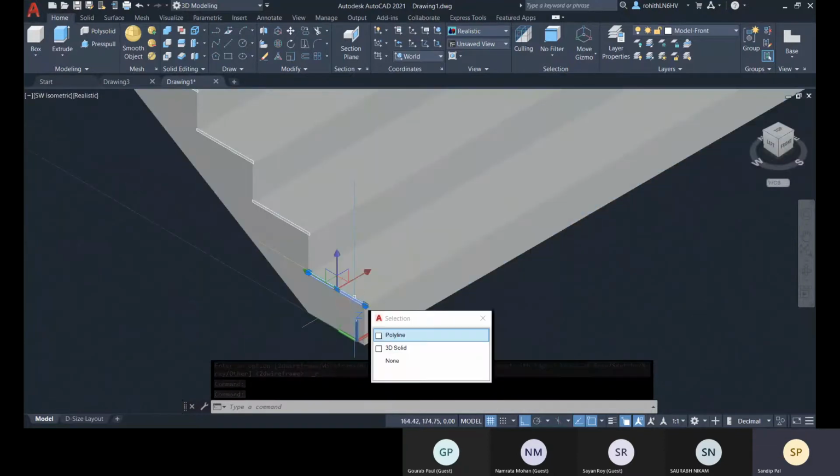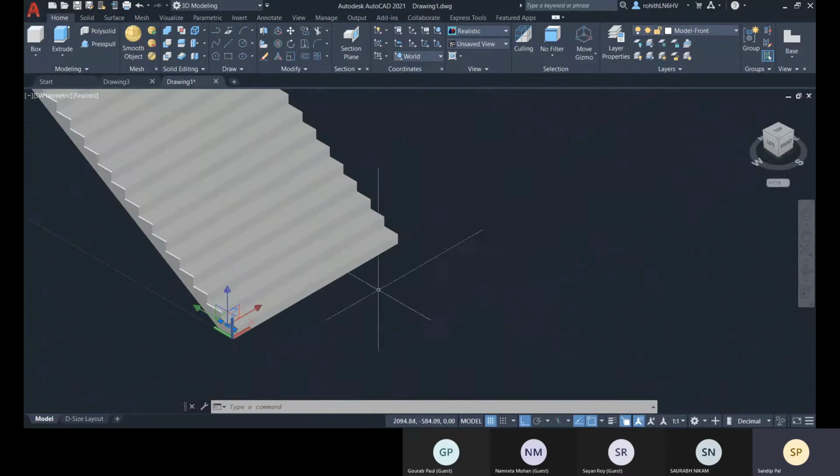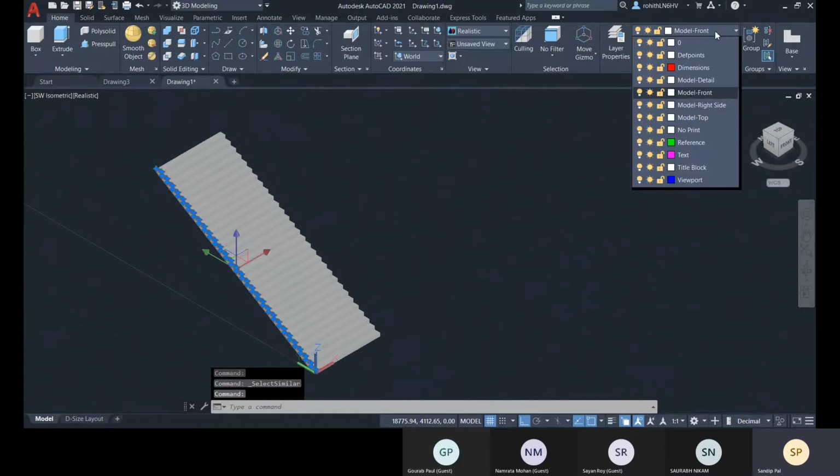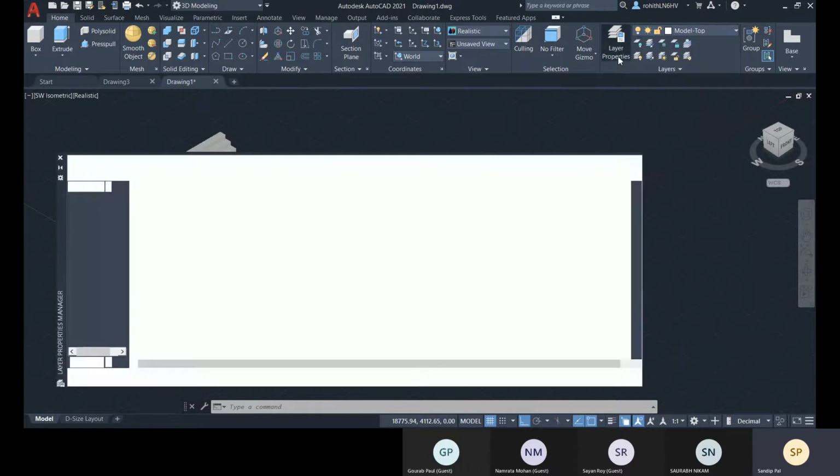So what I'll do is I'll select all these, right click, select similar, and I will change the color for this. I'll change the color for this. So let's go with this.